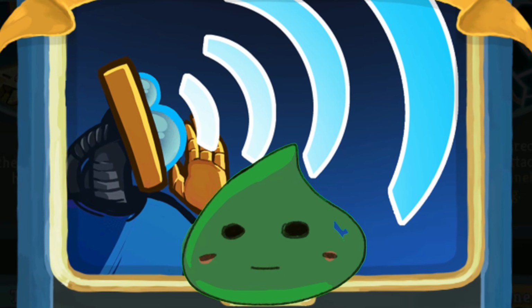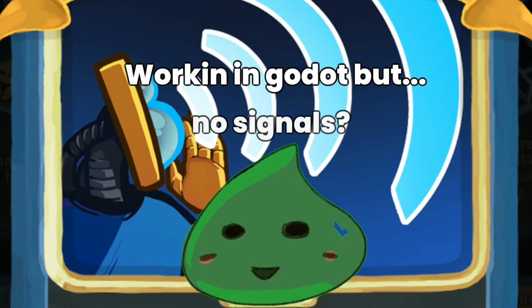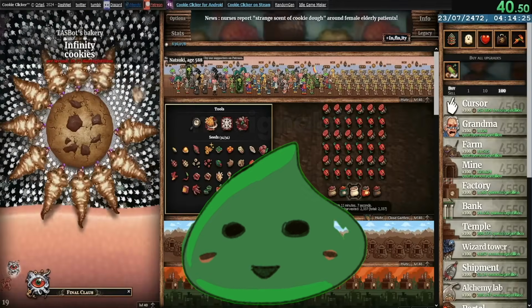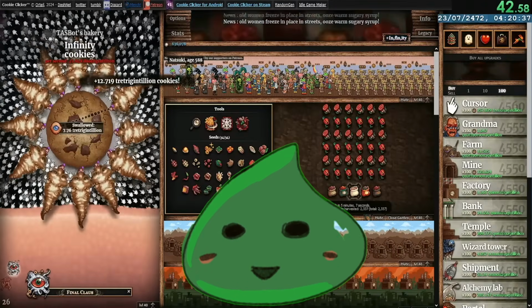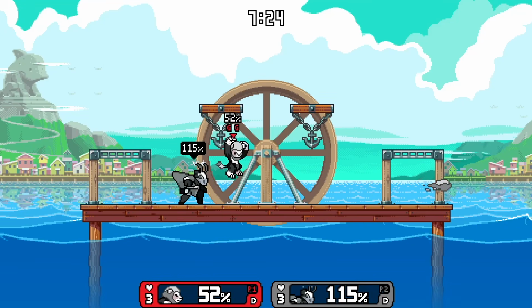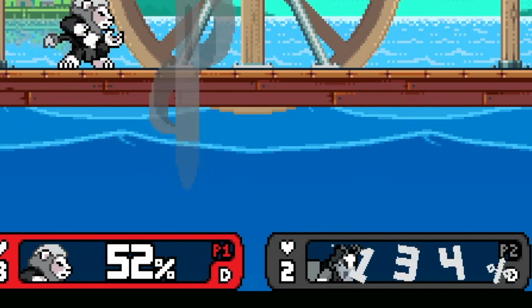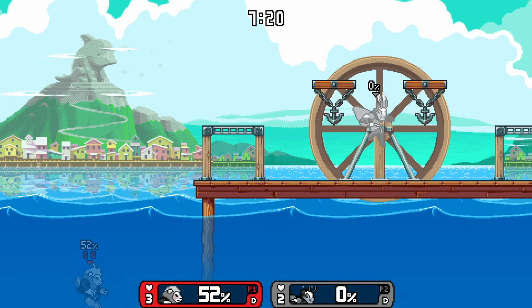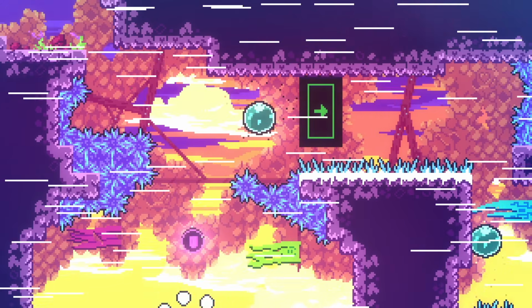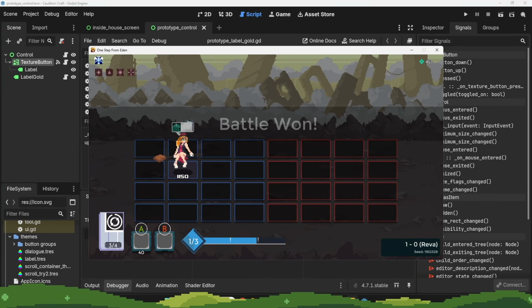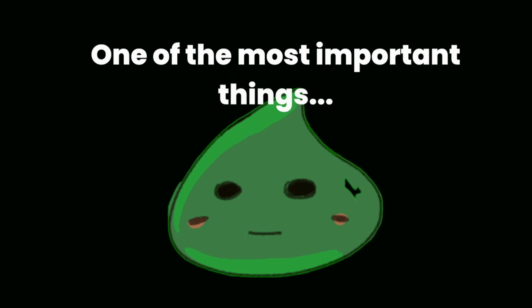Hey, how's it going? Are you working in Godot but haven't used signals? Maybe you've heard about them or used them for a button, but that's all you've done. Signals can be used to update UI elements such as HP or levels, change the game state when you faint, even let the game know when the next step needs to happen. Let me say, being able to use signals is one of the most important things you can learn when working